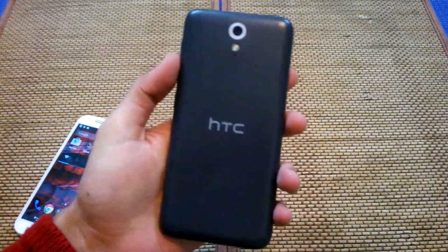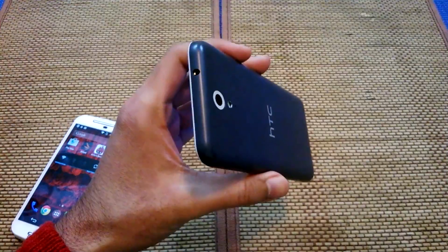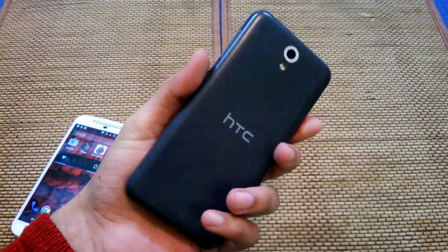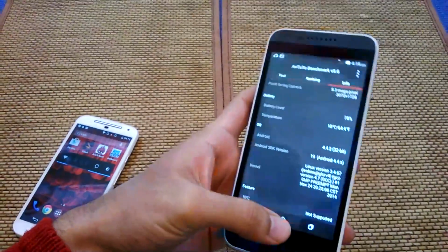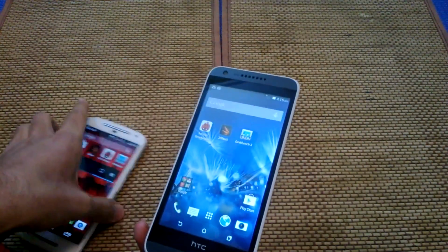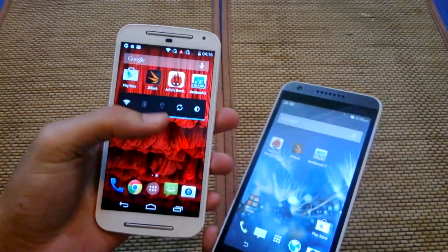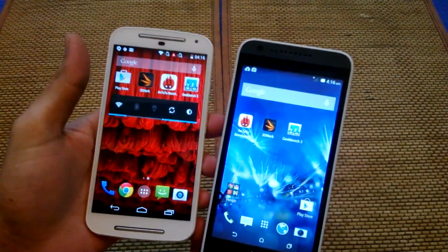Moreover, the design of this phone is pretty simple. HTC hasn't done much on it except keeping it sleeker. So the device definitely does not feel cheap. However, when we compare it to Moto G, Moto G wins here in terms of design. Now, guys, when it comes to display,